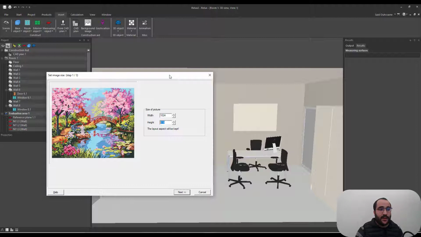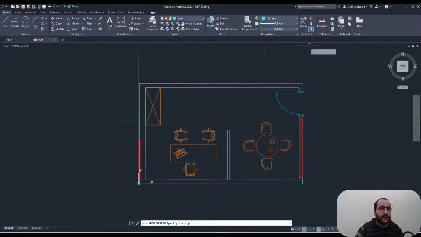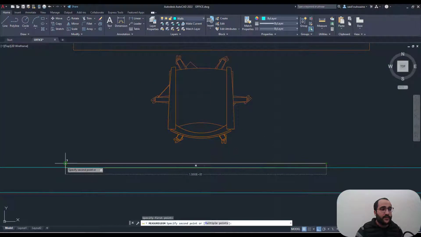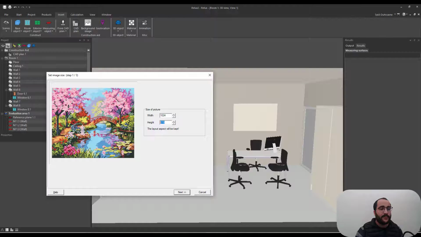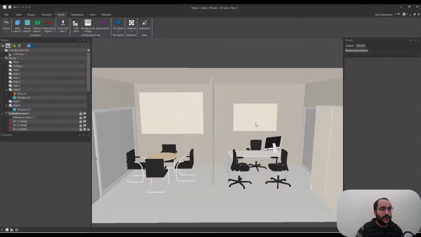I need to give it exactly the same width and height of this painting. So instead of going back, I will go inside AutoCAD. I will measure this. So this is 1.5 by 1 meter. So the width is 1.5 by 1 meter. And then next, you can change all these elements here: the color, contrast, brightness, etc. But then let's go next. Okay, and